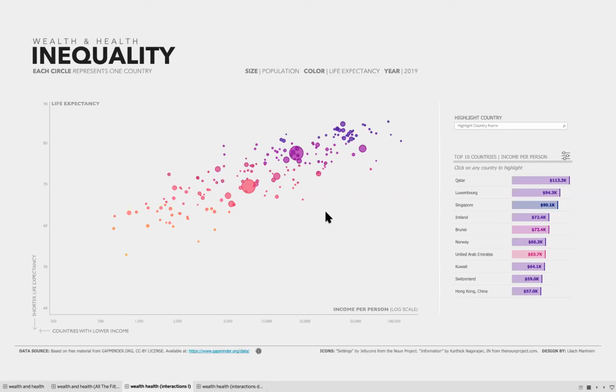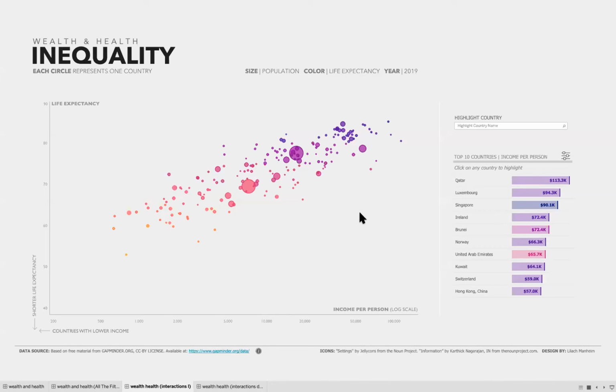And then the three interactions are also a bit different in terms of the type of task that they're supporting. So the first one, the country highlighter, is really for when users already know what specific country they're looking for. In the information architecture world, it's like your classic known search task. So it's obviously more of a specific use case. It's probably pretty common that you would want to look up your own country or maybe some other country that you know someone in.